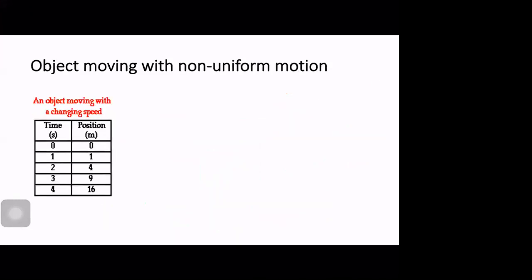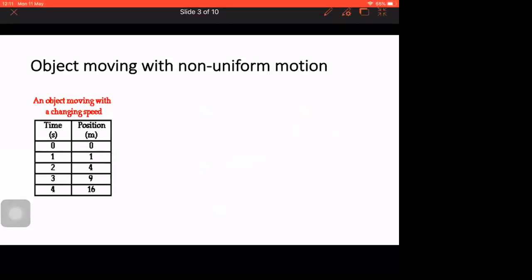Quickly, we'll go for another graph. Now we'll be drawing a graph for an object moving in non-uniform motion. This object will be covering unequal distances in equal intervals of time. If you observe the data here, you can easily make it out. The time interval is the same, 0, 1, 2, 3, 4. But the distance in meters is 0, 1, 4, 9, 16. The time interval is the same, but the distance covered in that time is varying. So by looking at the data itself, you can make out that the object is moving in non-uniform motion.